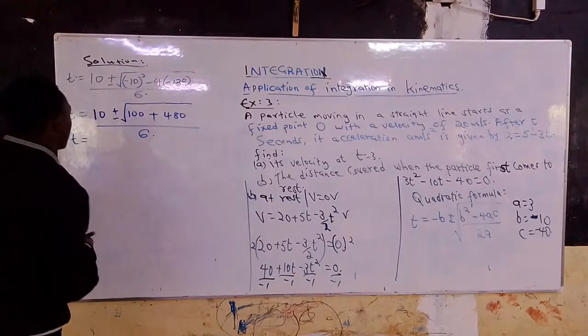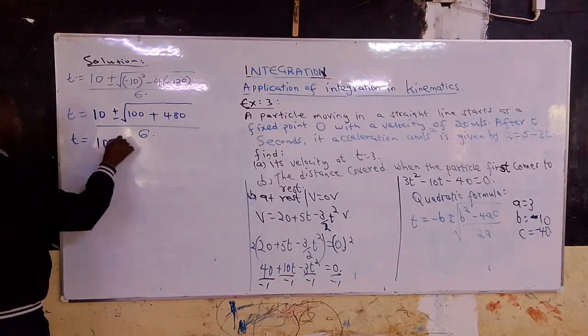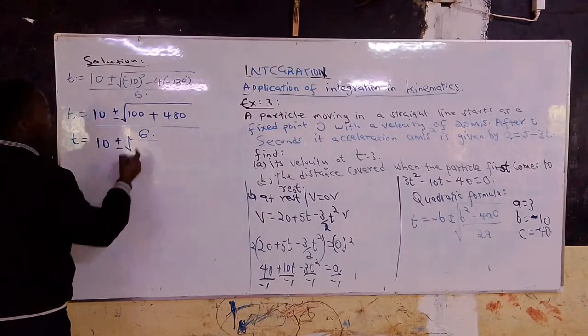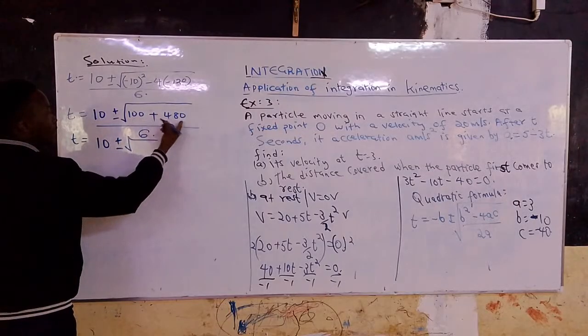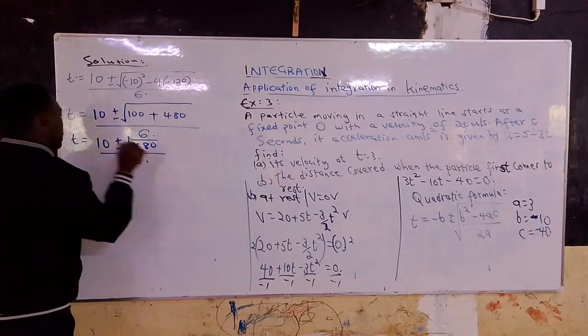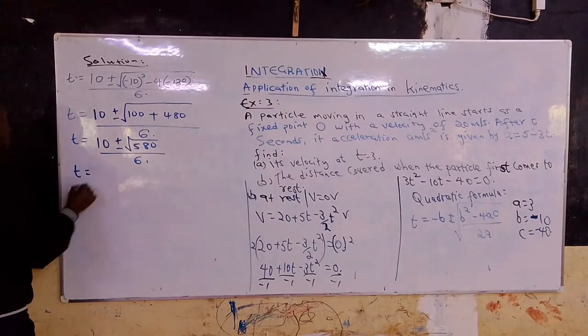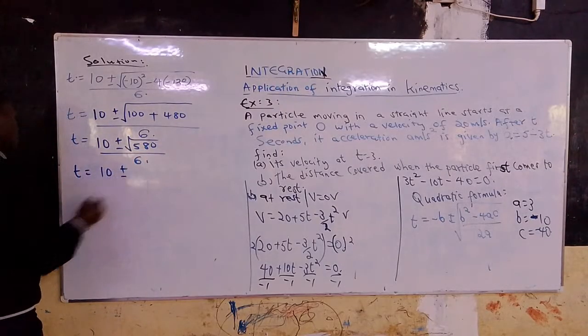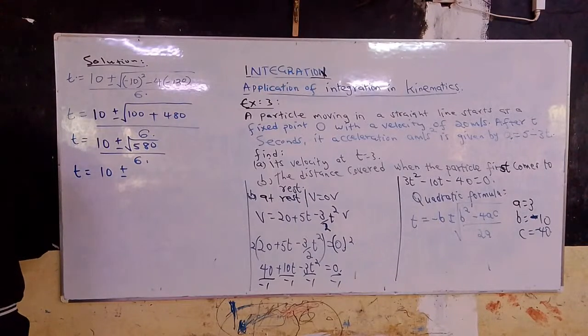And having that, we have 10 plus or minus the square root of 100 plus 480, which is 580, over 6. And we'll have our time as 10 plus or minus the square root of 580